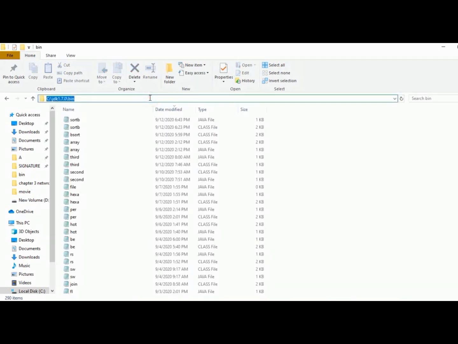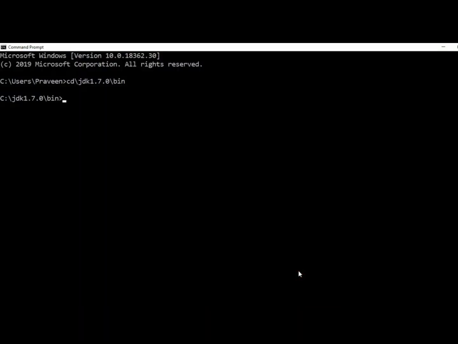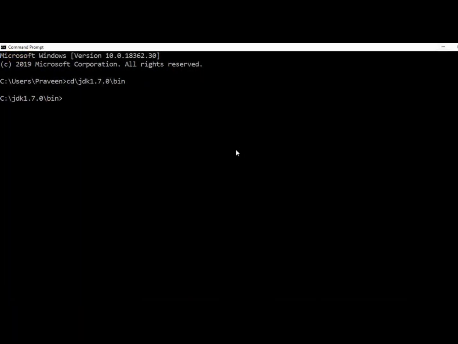So this complete address c/jdk 1.7.0/bin is what is written here also. So for that we have written that command, cd/jdk 1.7.0/bin.